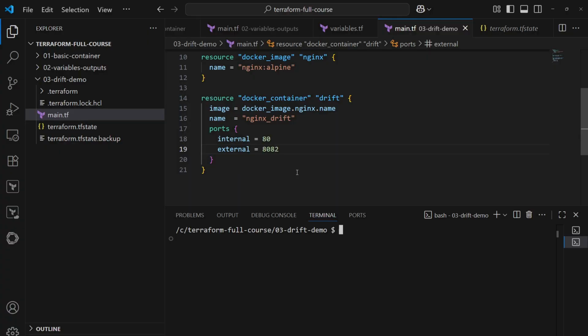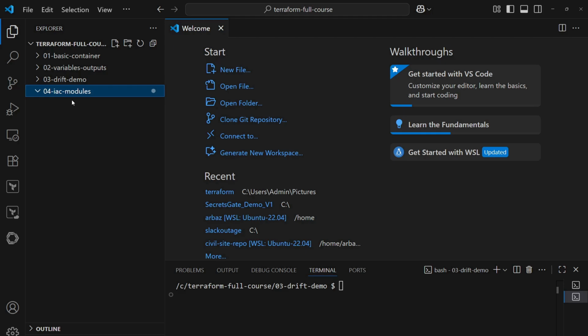We have now made configs reusable and seen how Terraform fixes drift. One of the important concepts in Terraform infrastructure as code is modules. Inside the project, I am going to create another folder called modules, and in modules I will create nginx container. This is one of the folders, and in this folder I will add